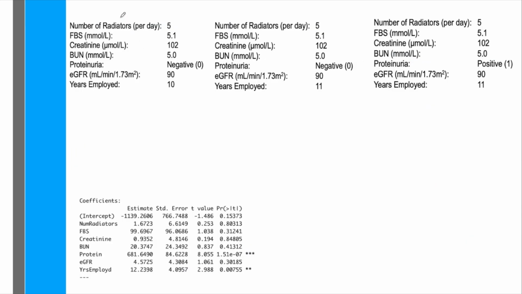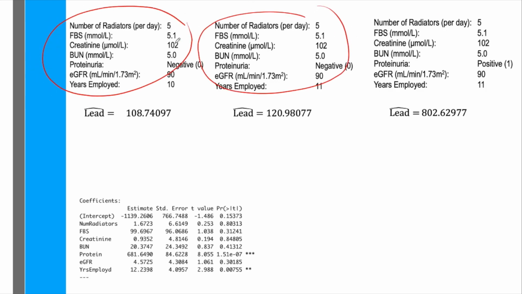So here is the first one, the second one, and the third one. And here are their blood lead estimates. Now, this participant and this participant have the same number of radiators, the same FBS, the same creatinine, the same BUN, the same proteinuria, the same eGFR. The only difference is the years of employment was increased from 10 to 11. And take a look at the increase in the blood lead level. From 108.7, it turned out to be